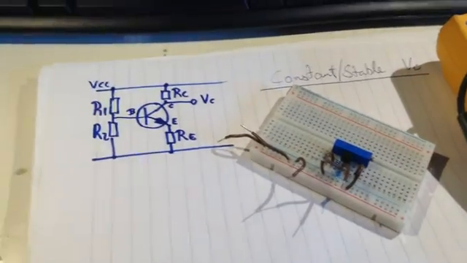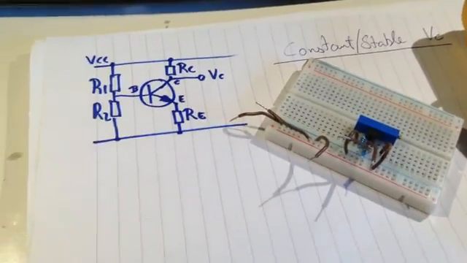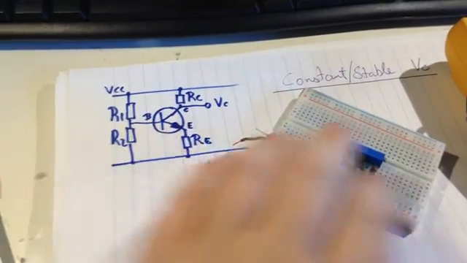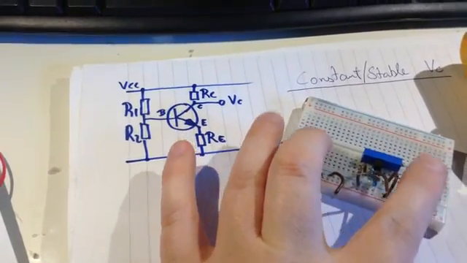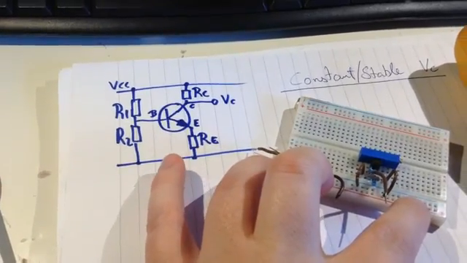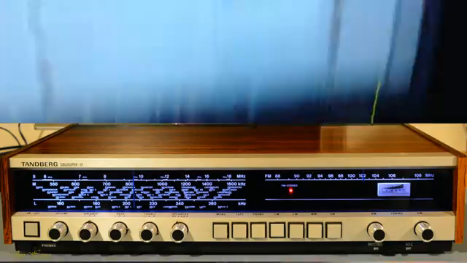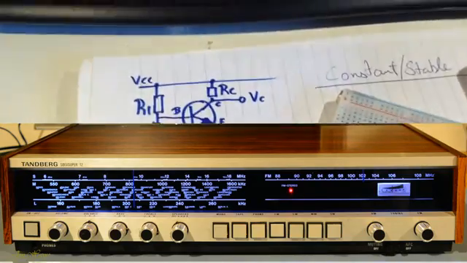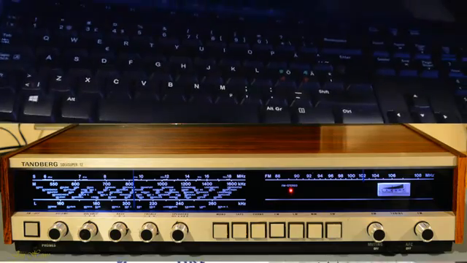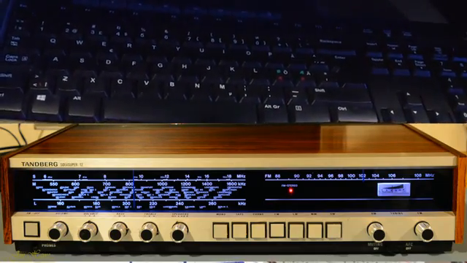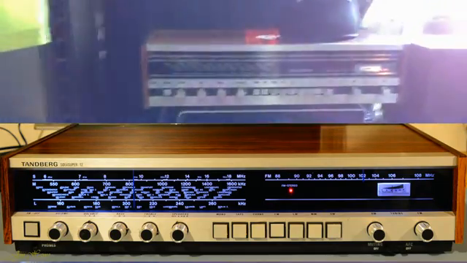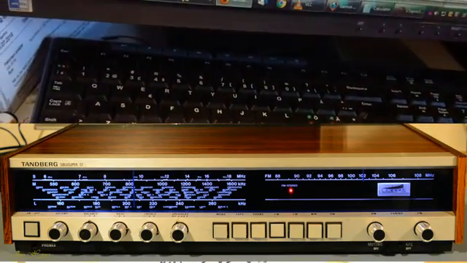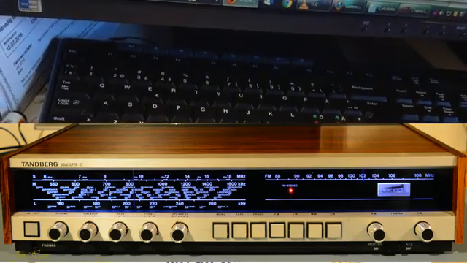Hi, I thought we could look at a simple amplifier circuit. It's not a tutorial, it's just an exploration that I did, because on Facebook there was a guy who asked about the Cell Super 12, which is one number higher than the one I have. It's from 75 and mine is from 73. Anyway,